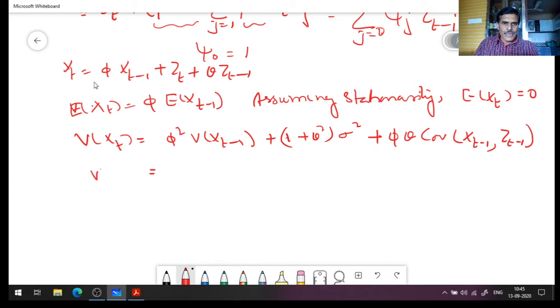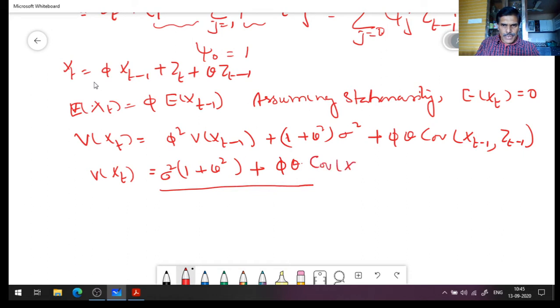So we can see that variance of xt is equal to sigma square into 1 plus theta square plus phi theta and covariance between xt minus 1 and zt minus 1, the whole thing divided by 1 minus phi square,